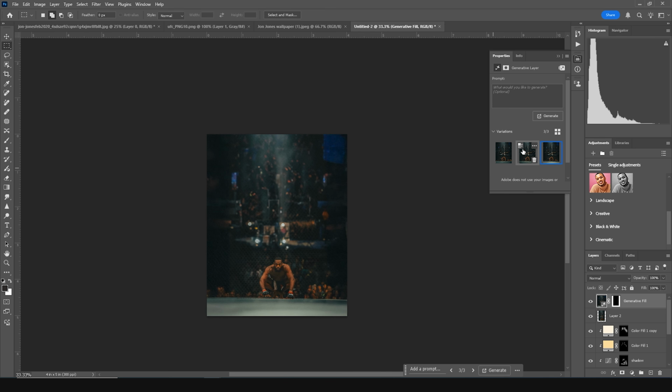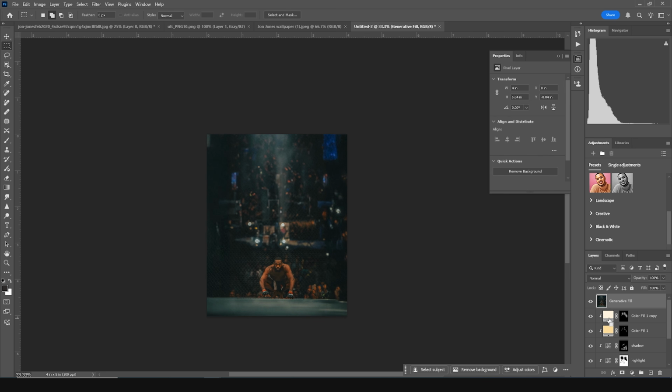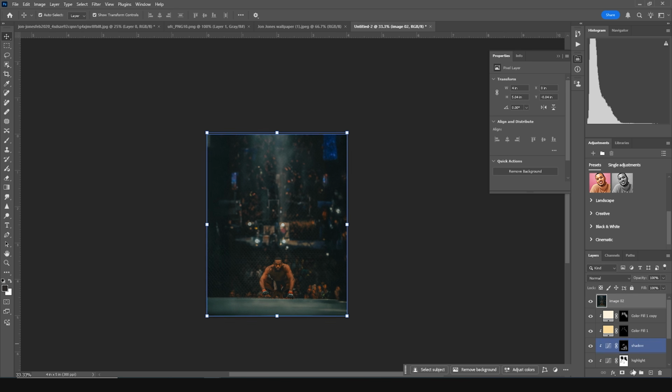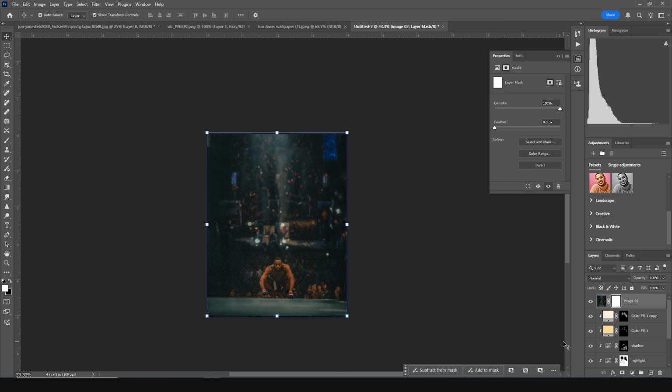All right, I think I like this better. So select both layers, Control E, let's merge it, and let's rename it as image 2. And let's click on that layer. Let's select this layer, click on that layer mask, go back to brush, and with the black color selected,